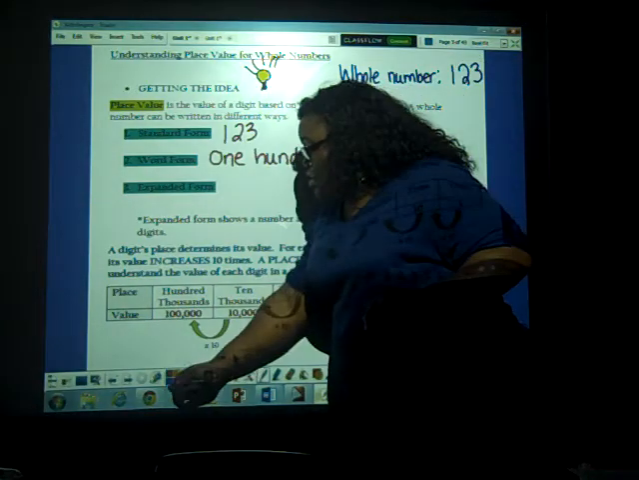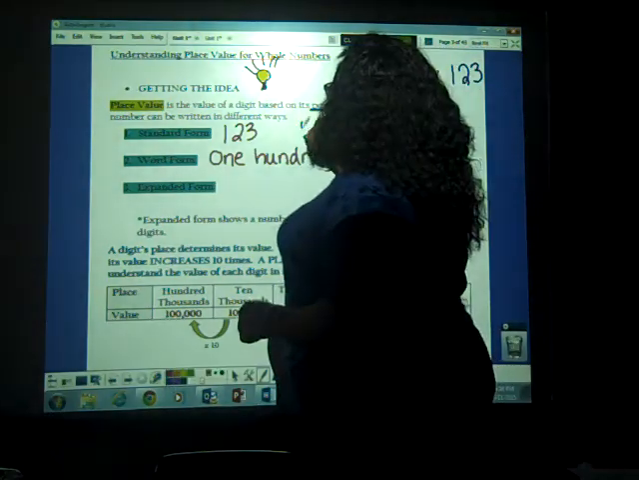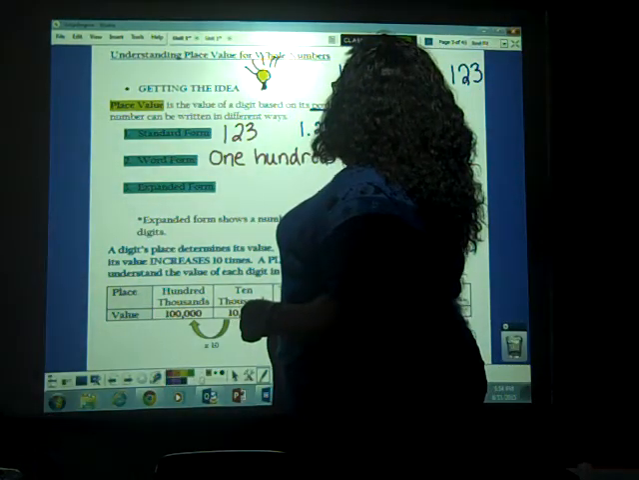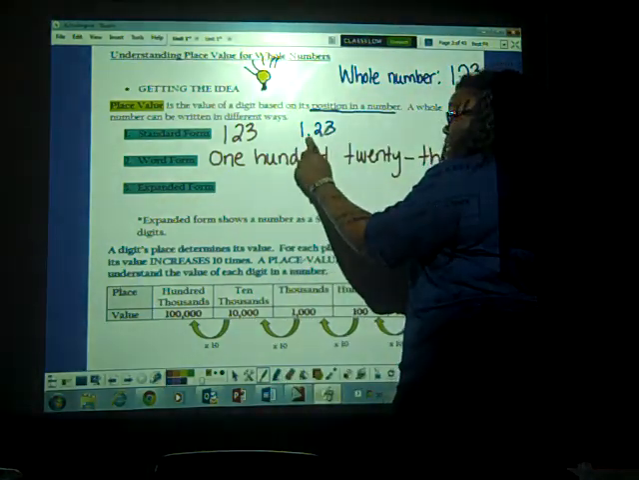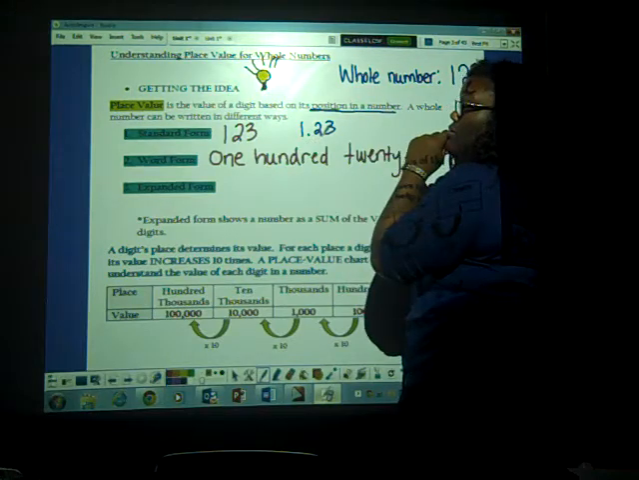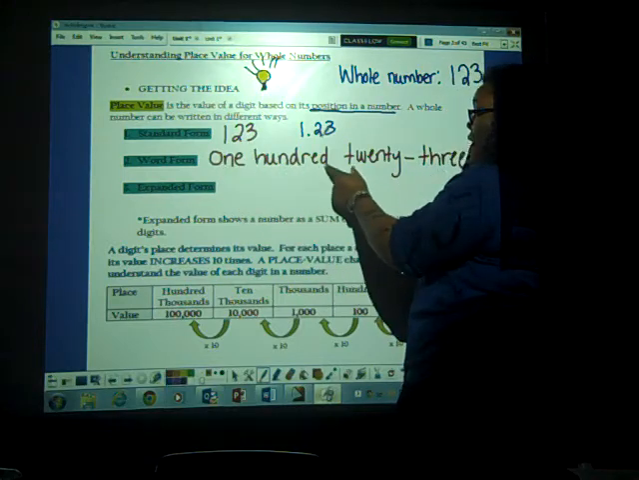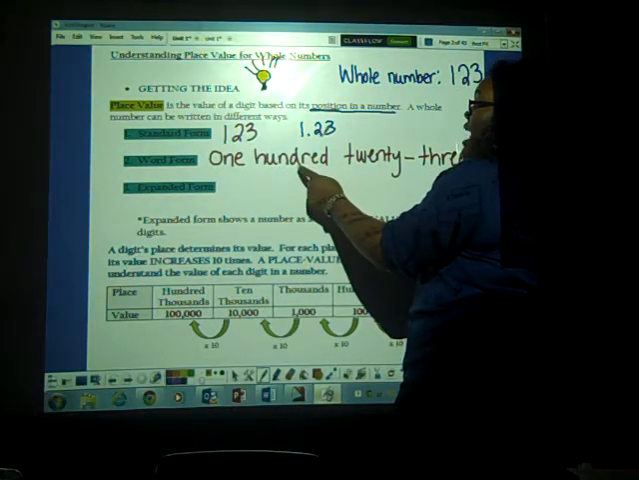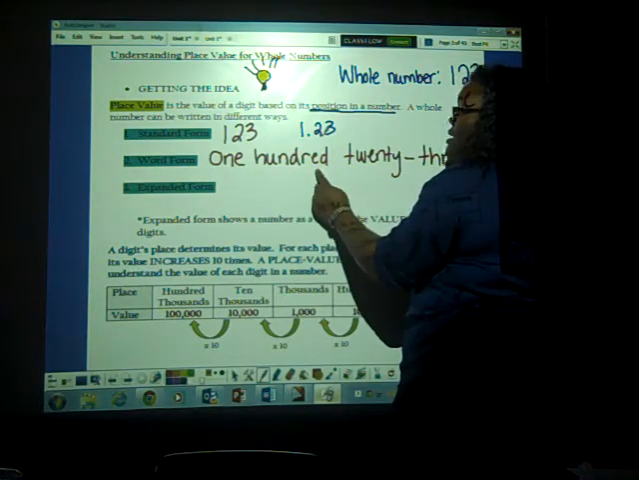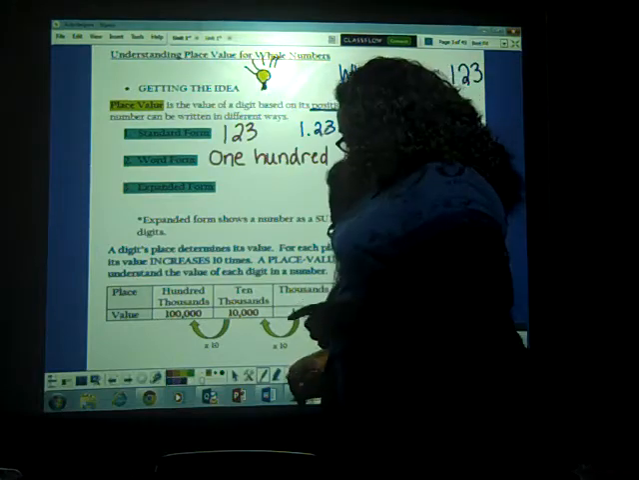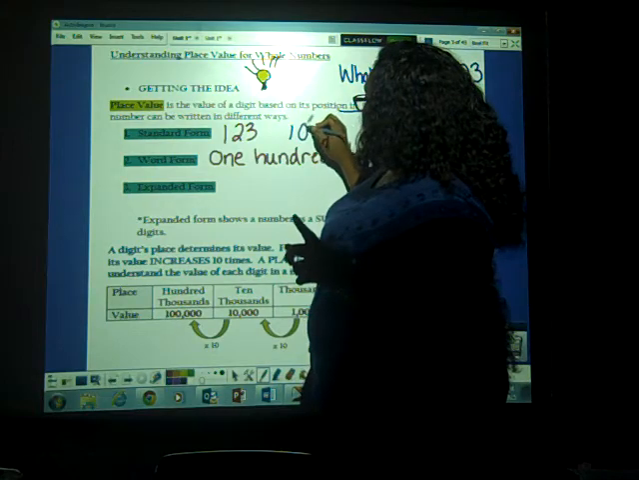No. When you say "one hundred and twenty-three," this is what you're saying. When you say "and," it represents the decimal. So when you say "one hundred twenty-three," that means it's a whole number. Now, if I wanted to make it a decimal, I would insert "and." Sorry, I wrote that wrong up there. This would actually be, if we say "one hundred and twenty-three,"